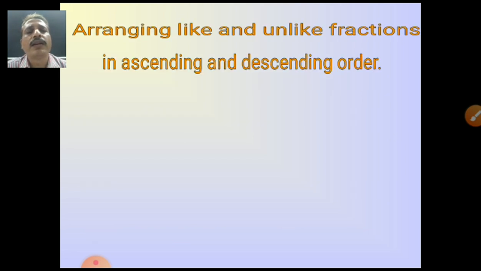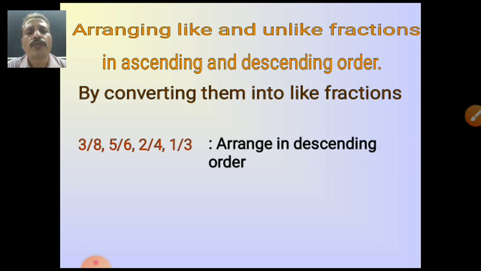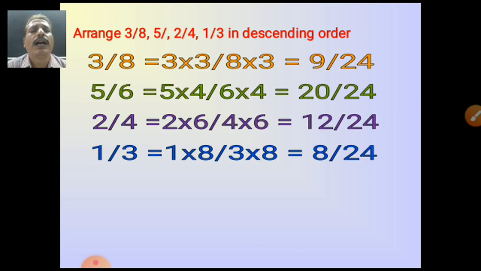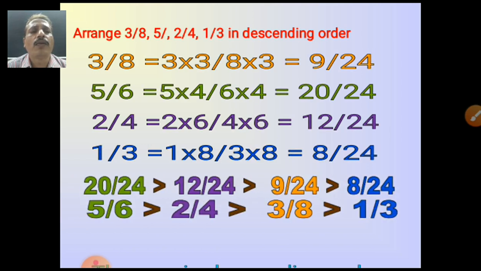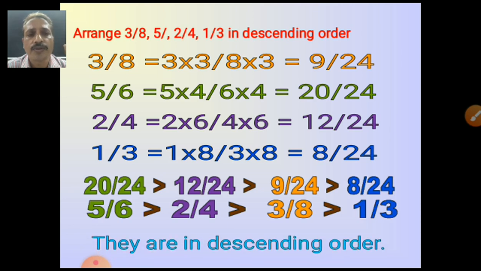This is a revision. Like fractions or unlike fractions: first of all, convert into like fractions. Whatever is given, you have to find the LCM of that and convert it. See here now, all are having 24, 24, 24, and it is shown in colors also. All these things we did in our introduction section, lesson number 2 introduction section. Now once again, for revision.